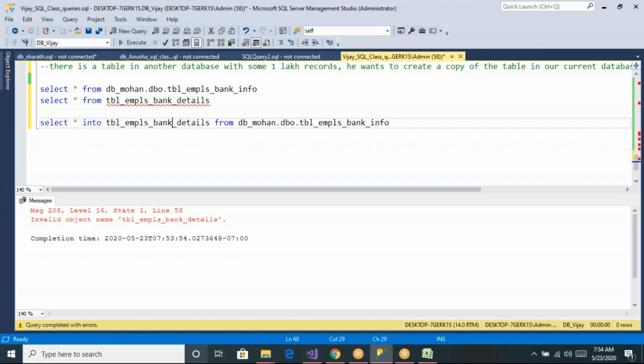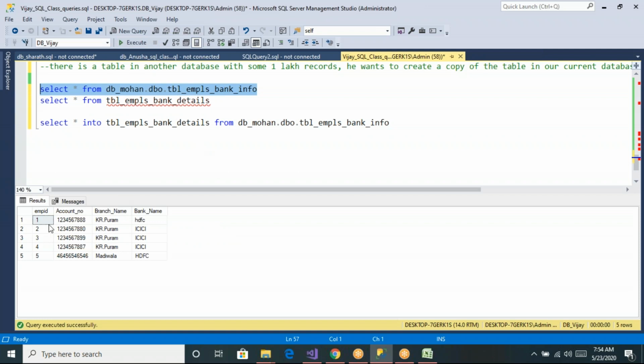Now what this command will do, if you write it before the from clause like this, is first of all create a new table with this name. A table should have column names and data types. How many columns are there in the source table? We have 4 column names. With these 4 column names it will create a table in this database, and after creating the table, it will also insert the data, load the data.